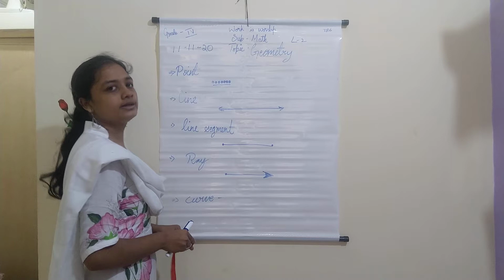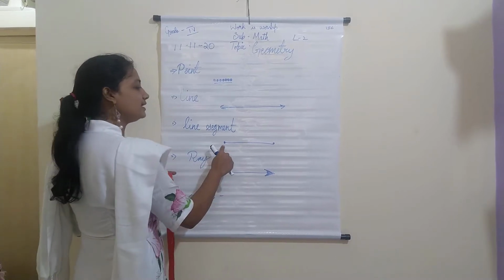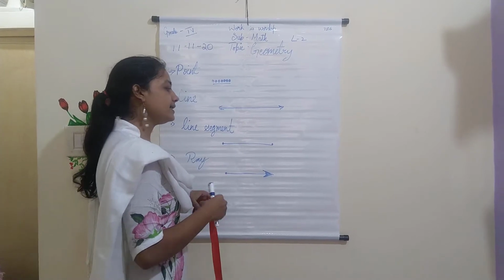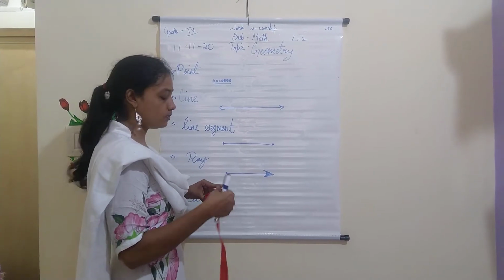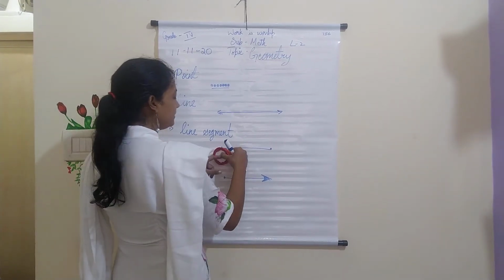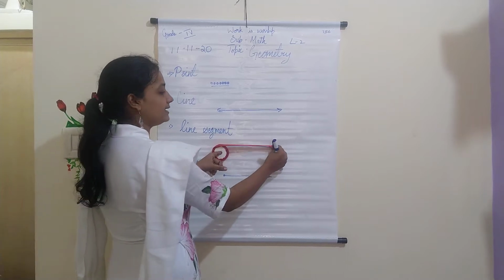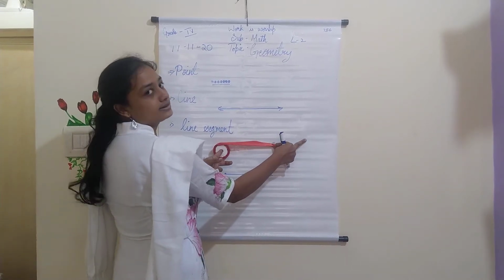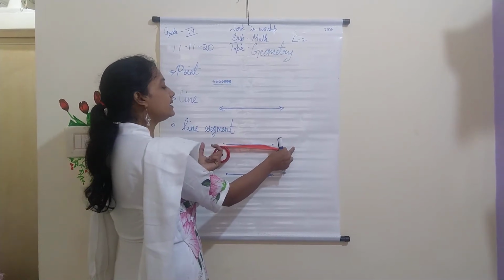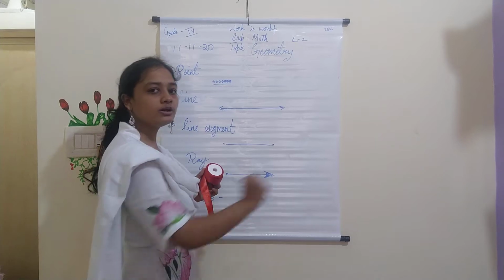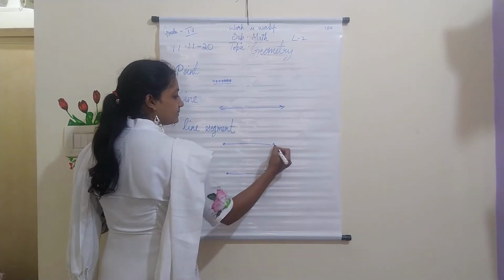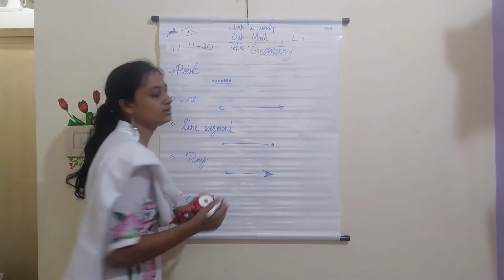But a line segment is not like that. You can see a dot. That means I start from a point and I end it at a particular point. And after that, I will not be able to extend it. Like, I start from a point and I end it here. I can't extend it to the right, and I can't extend it to the left, because there is a full stop. You cannot go more than that. So that is a line segment. You have a full stop on both sides.